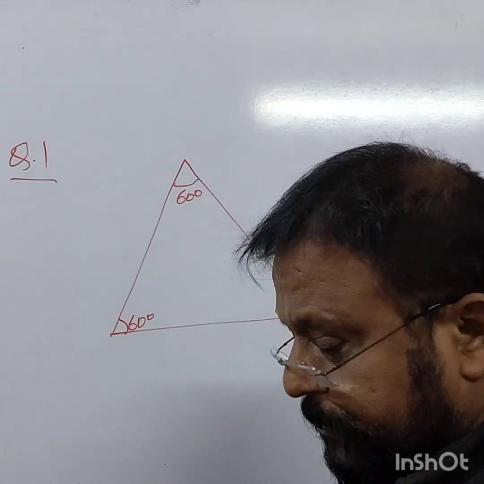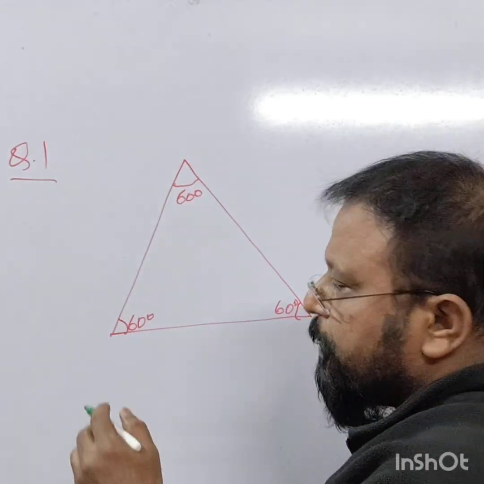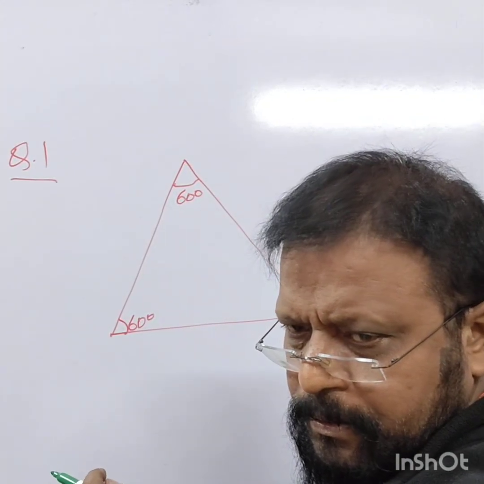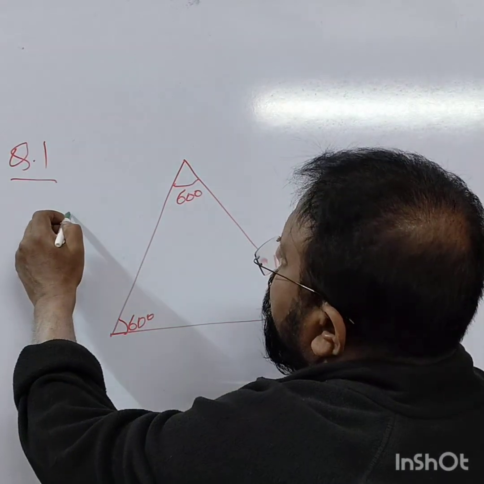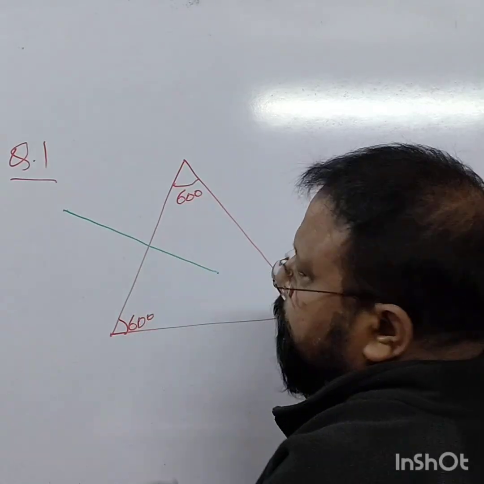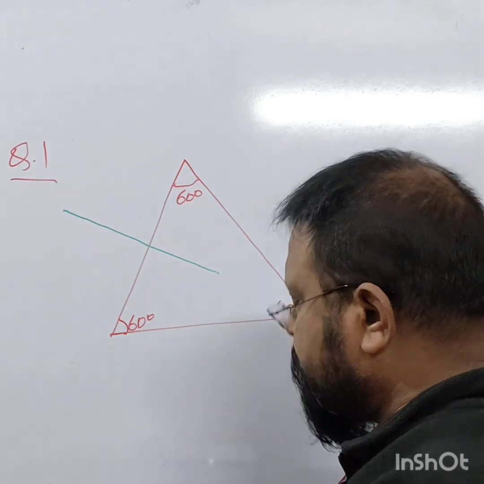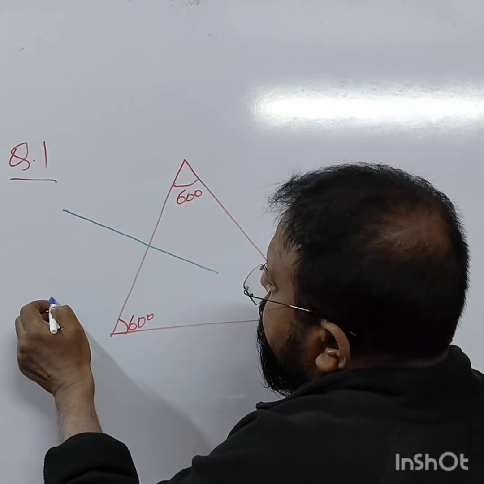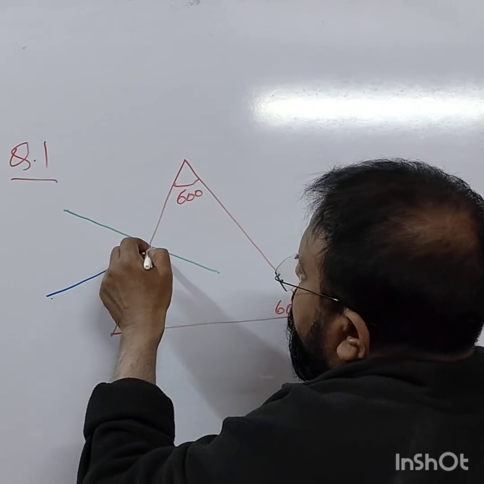Now, what happens? A beam of light is coming, na? It is making an angle with the normal. This is the normal. ठीक? And you just tell me the data. ये ऐसे आ रही है. This incident ray is coming like this.